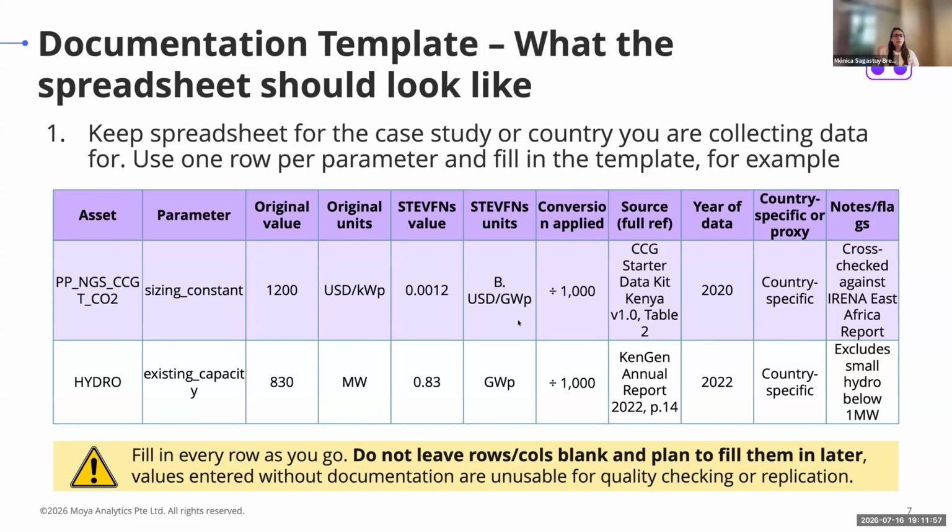So that's to track, okay, here we're using this granularity, so this is a country specific value, or we have an assumption for a more global value. And finally, any notes or flags. So this could be